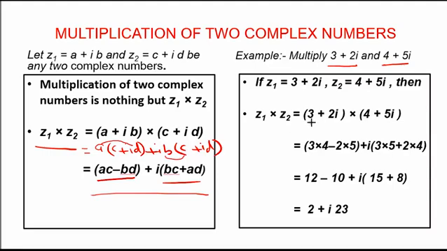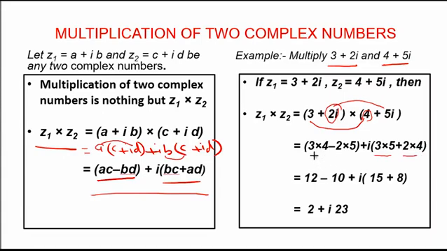I am using the same method. Here, 3 into 4, real part times real part, then minus imaginary part times imaginary part, 2 into 5, plus i times the first complex number's imaginary part and the second complex number's real part, you just take 2 into 4. So 3 into 5, the first one's real part and the second one's imaginary part. The first complex number's imaginary part, the second complex number's real part. If you multiply, you will get 3 into 5, 2 into 4, with a plus symbol in between.